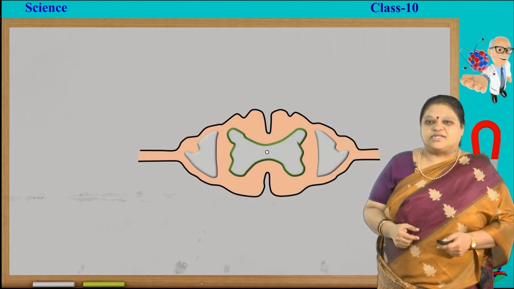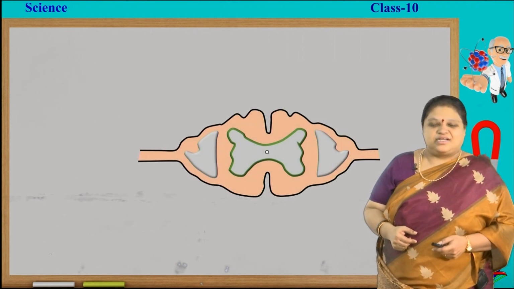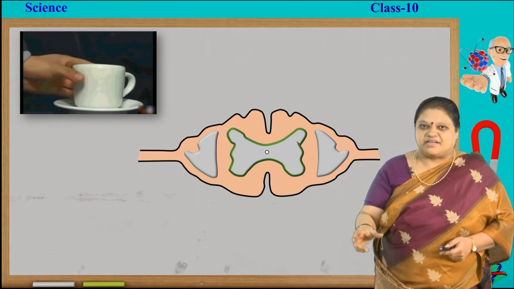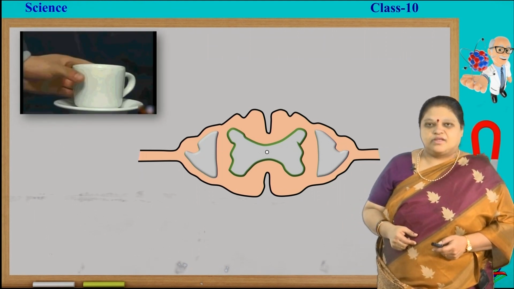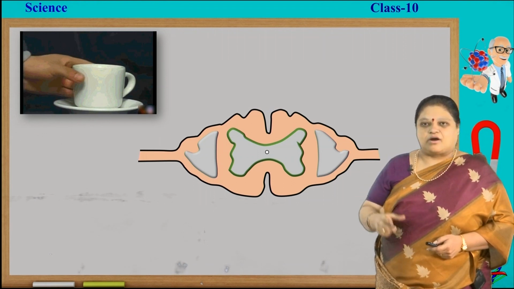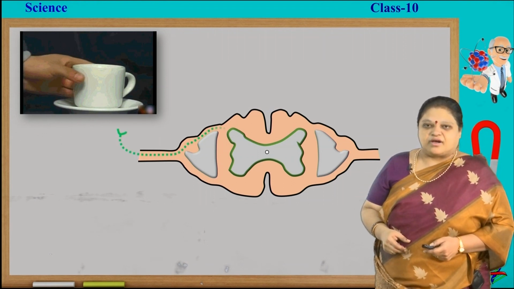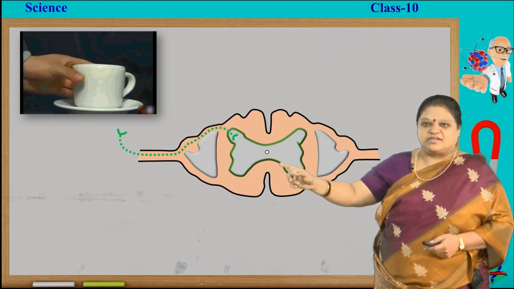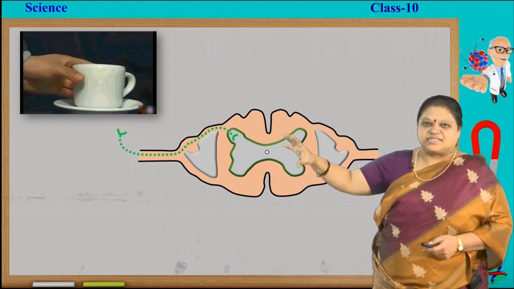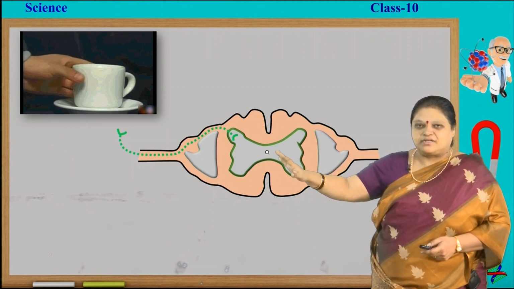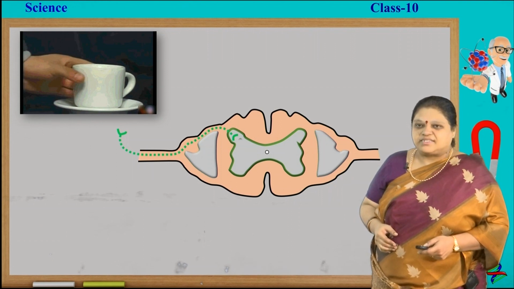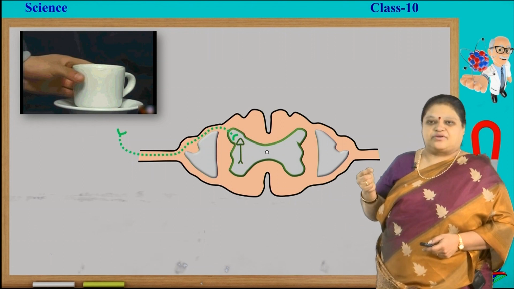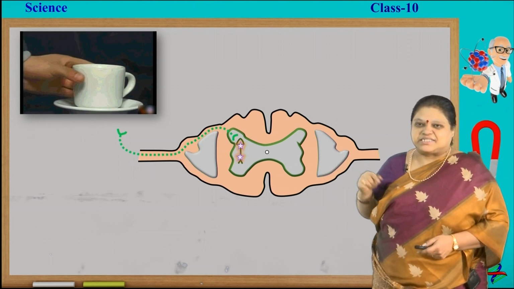Now, how does this reflex action work? Let us see, imagine a person is touching a hot cup of coffee. As soon as he touches it, a neuron will take the impulse through this spinal nerve to the central part, you call it the central canal. To that portion the message is sent. Next, another neuron will relay it to the next neuron. That is something like a relay station.